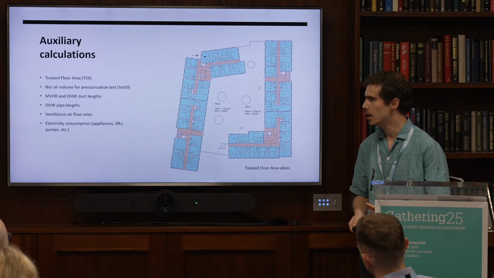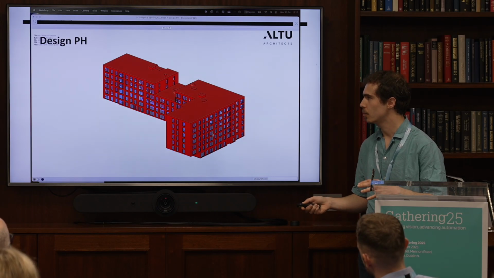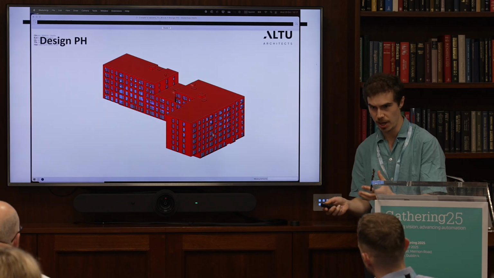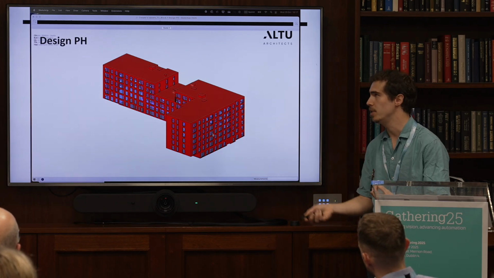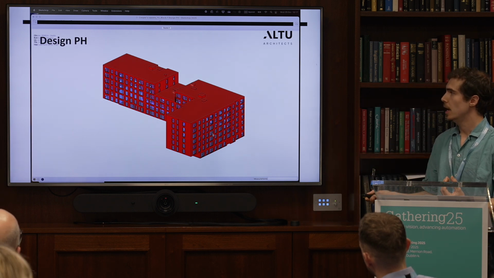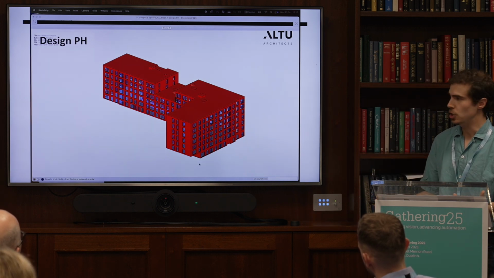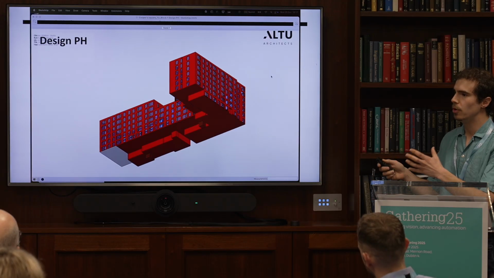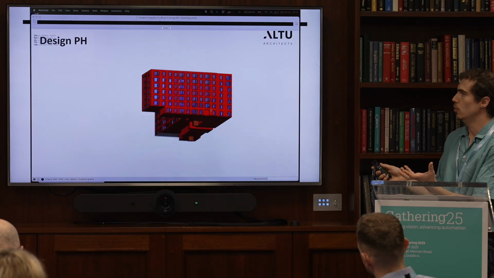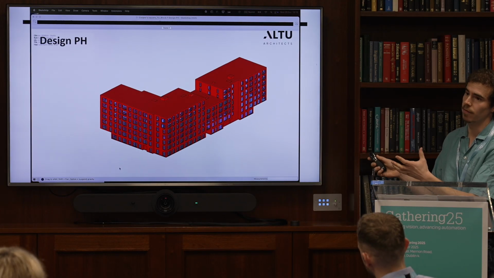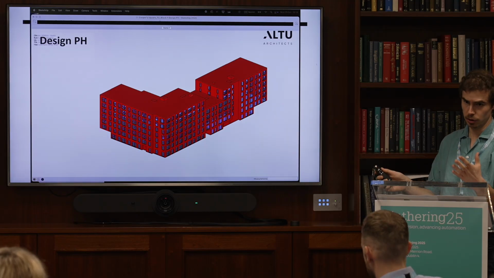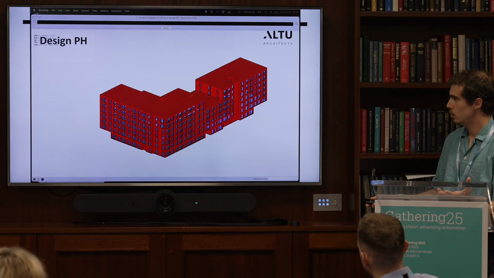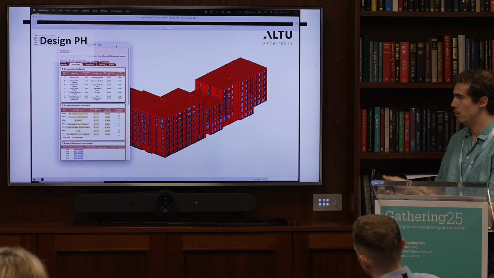But then I'm going to show you the actual tool that we use to translate the information from BIM into PHPP. It's DesignPH. It's basically a plugin in SketchUp where we create this sort of much simpler model. It's like a cardboard model which only has the thermal envelope, so the surfaces in contact with the outdoor air, but nothing inside. So we've reduced the amount of information from the BIM model,